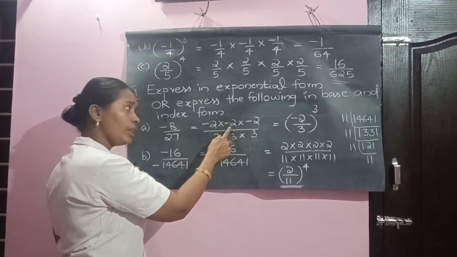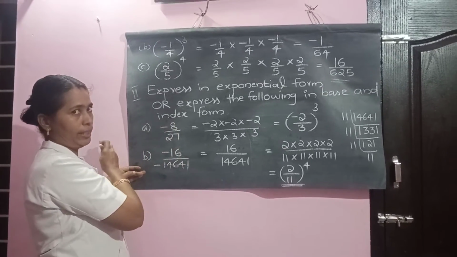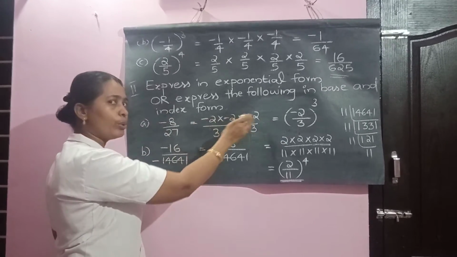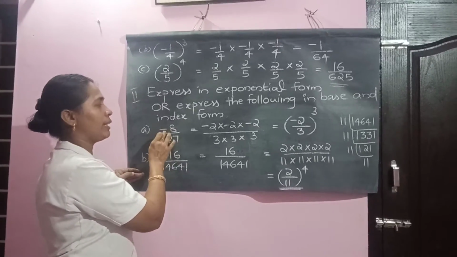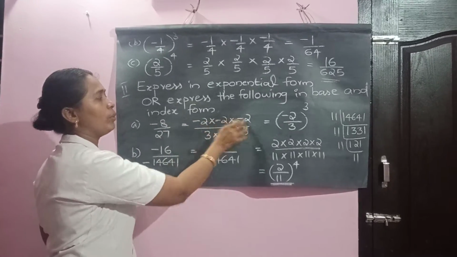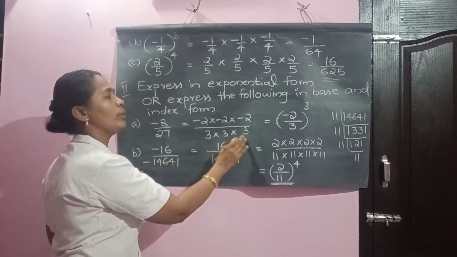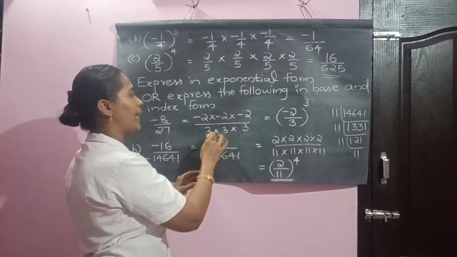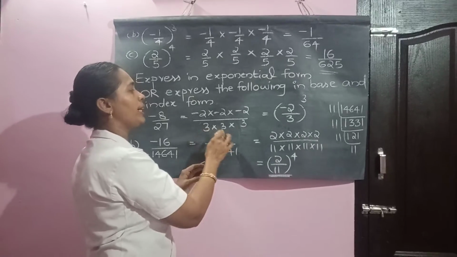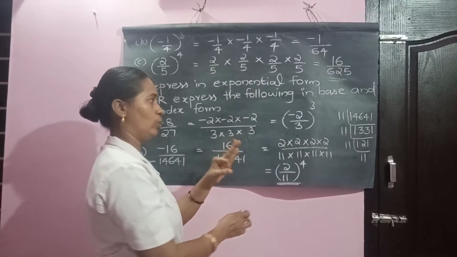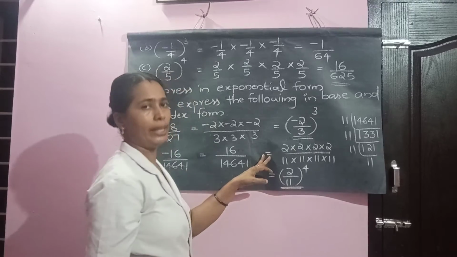Using prime numbers, we can write 8 as 2 into 2 into 2, but it is negative 8 given. So we have to use negative 2 into negative 2 into negative 2. Or you can do like this: the negative sign you can keep aside and write 2 into 2 into 2. Both are the same. Since the number itself is negative, the teacher has used negative 2, negative 2, negative 2. And 27 can be written using prime factorization as 3 into 3 into 3. So 2 by 3, rational form required. Negative 2 by 3, you keep it in a bracket. How many times is it used? 3 times. So we can write negative 2 by 3 whole power 3, and it is completed.